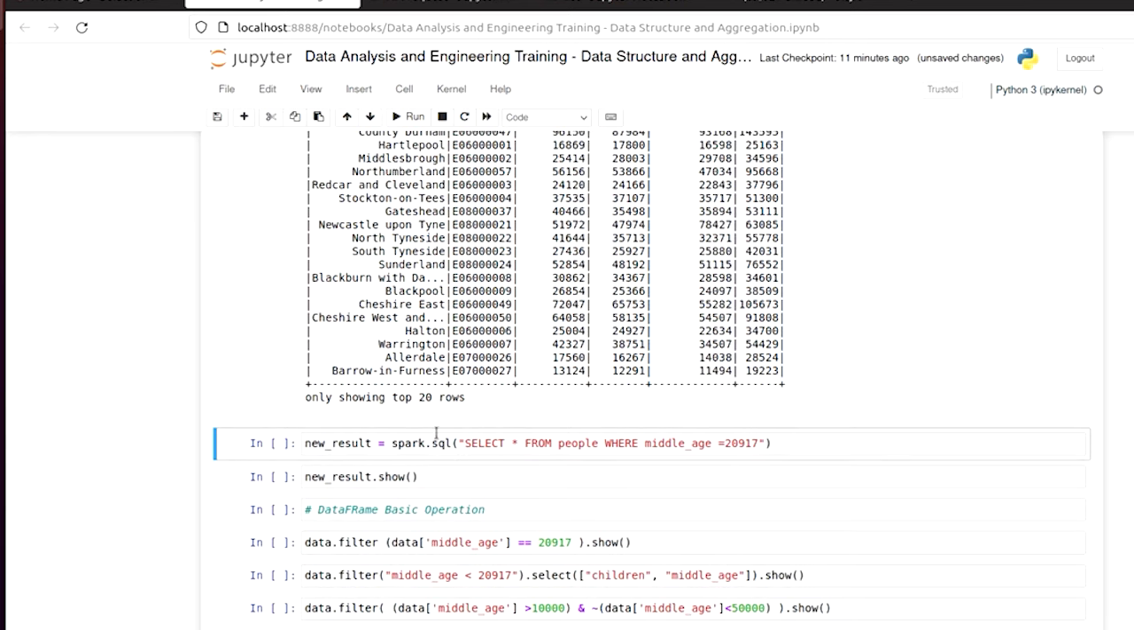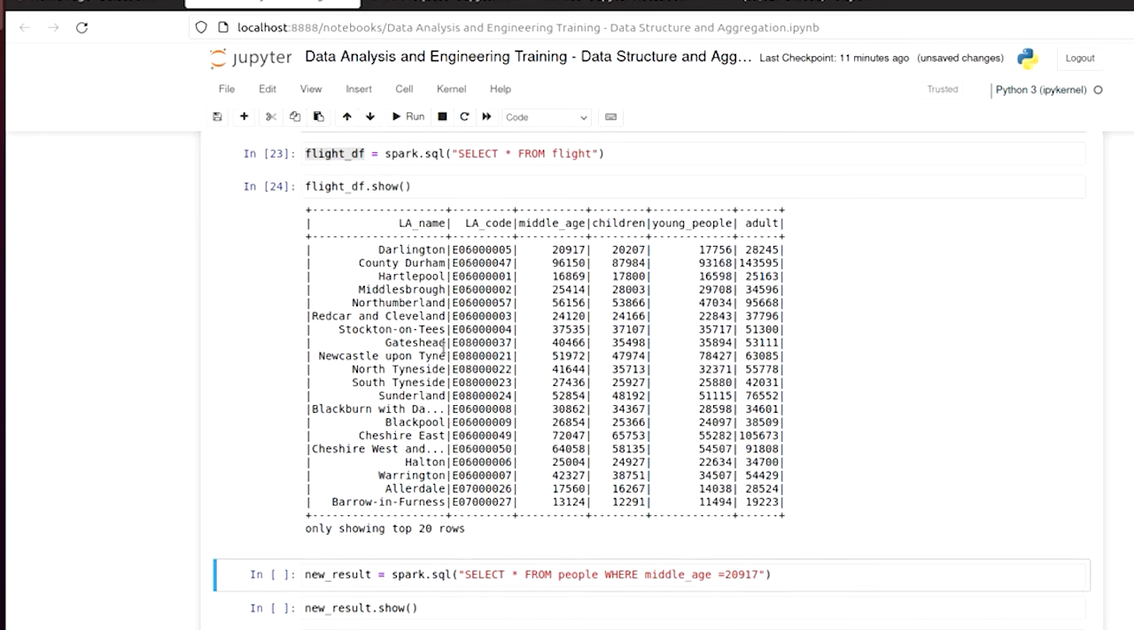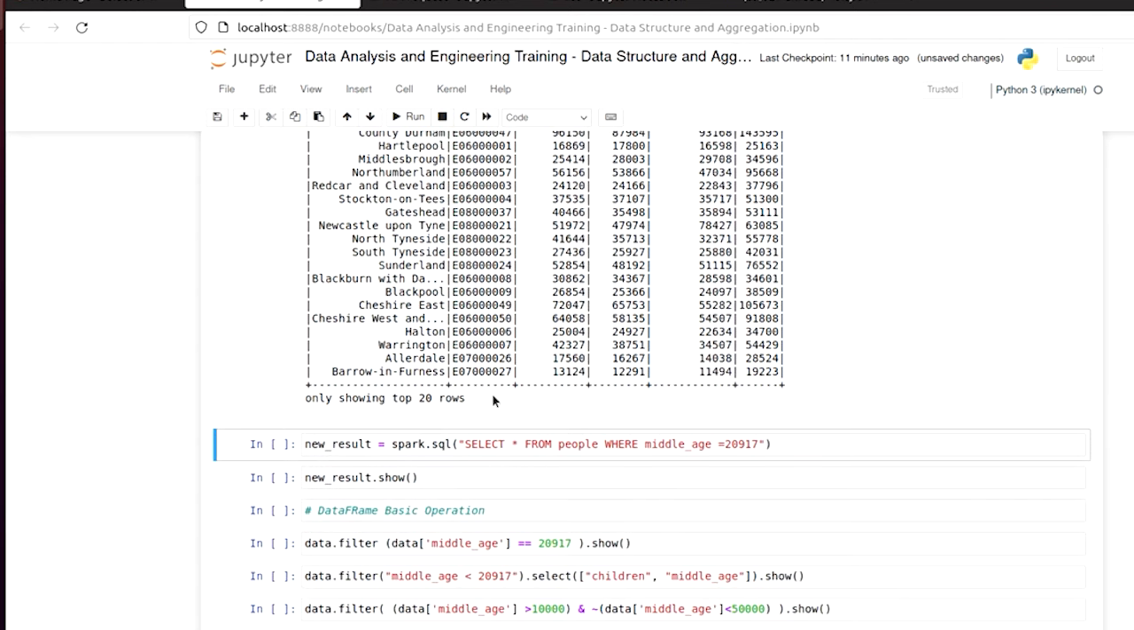So if we proceed further, you already know that our flight_df.show is this. If you go further, maybe you want to get other details, we have this. We can as well do new results, or we want to filter a particular middle age value, like